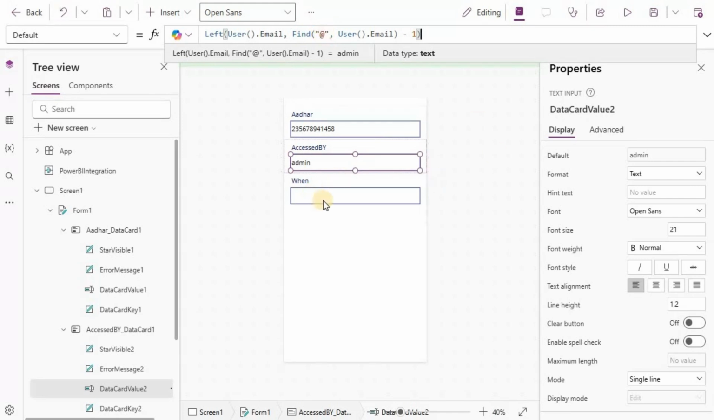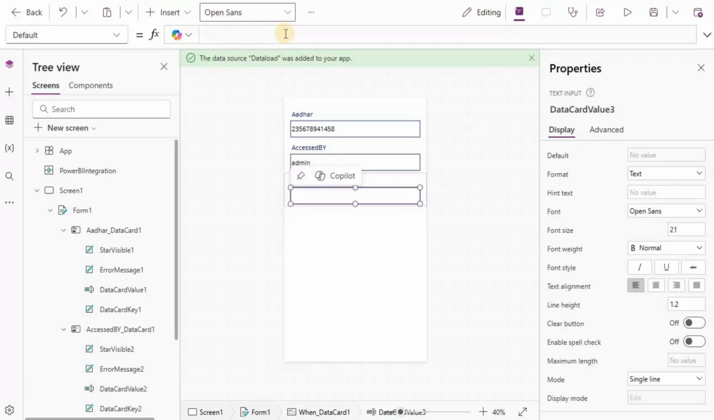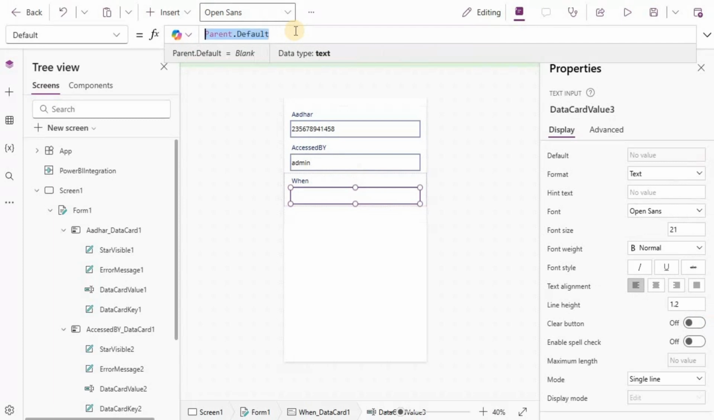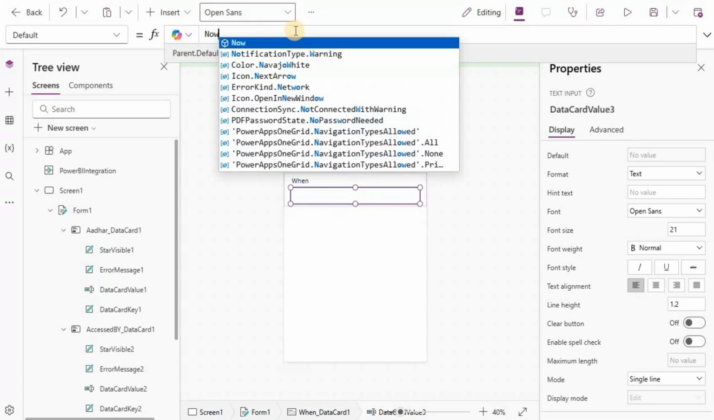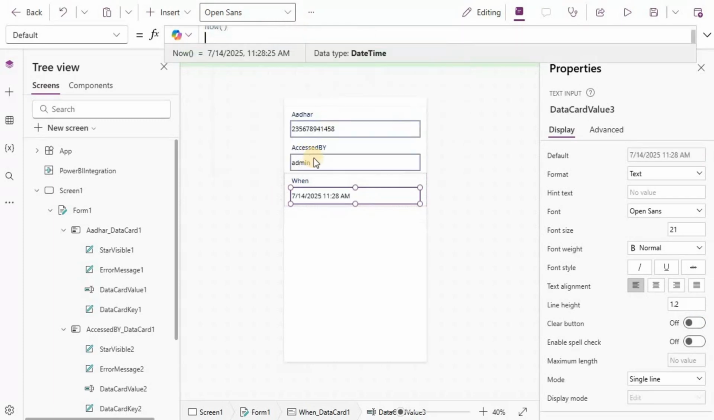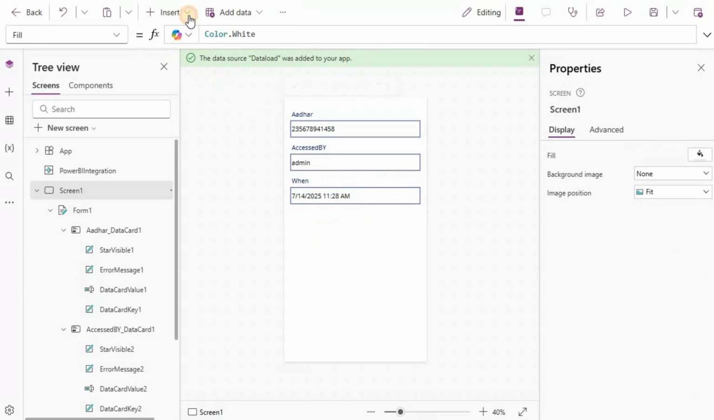As far as when is concerned, I'm just going to do a now. That's it. As soon as I do that, I'm able to get the current time. Now that these things are in place, I'm going to click